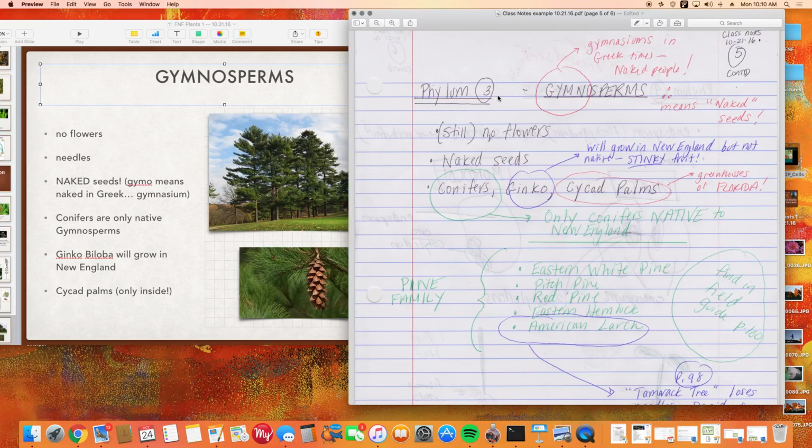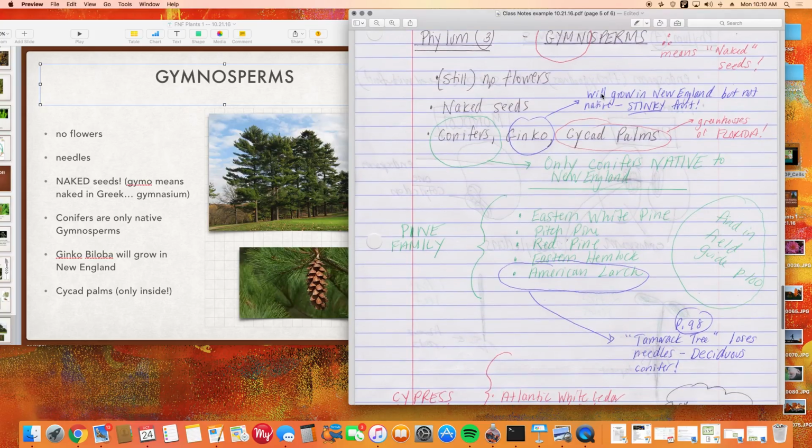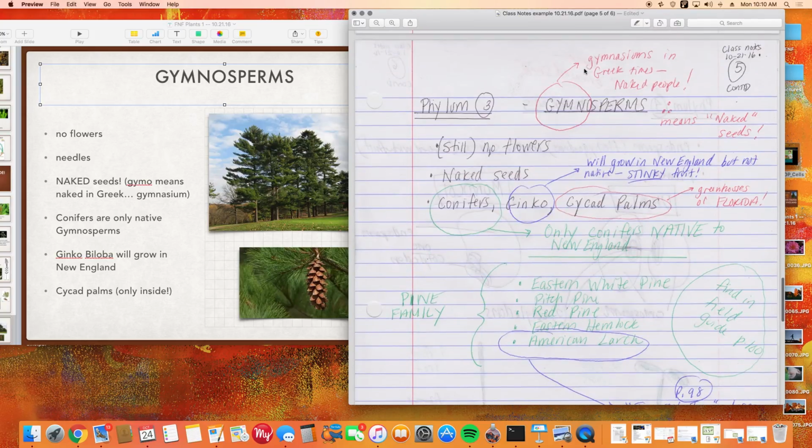Okay. Phylum 3 is gymnosperms. Still, we've got no flowers. What does gymno mean? It comes from the word gymnasium. And in Greek times, people went to the gym naked. They didn't have those cool wicking clothes. So naked people. Well, we're not going to talk about that, but I'm going to say, therefore, here's my little